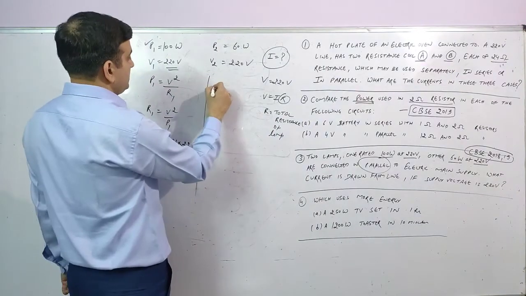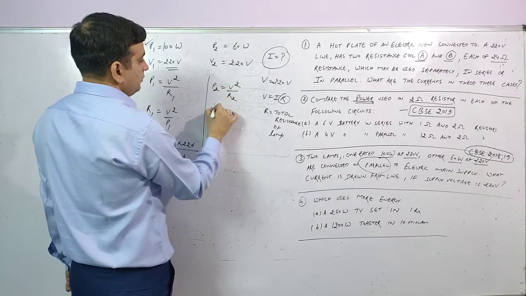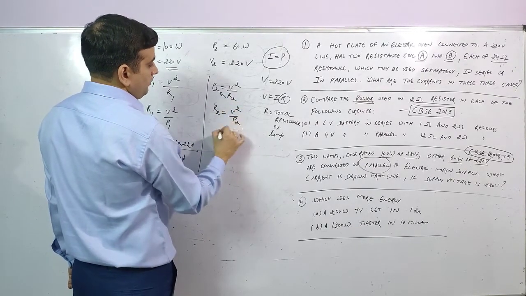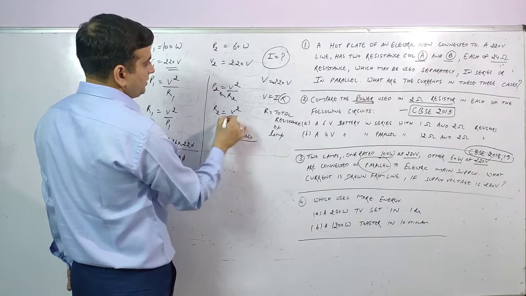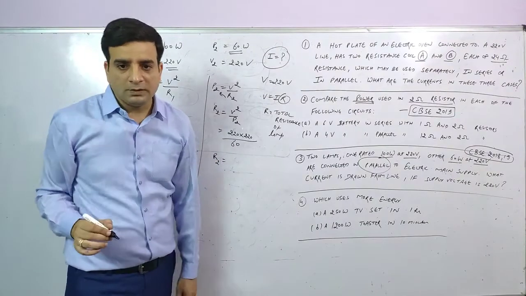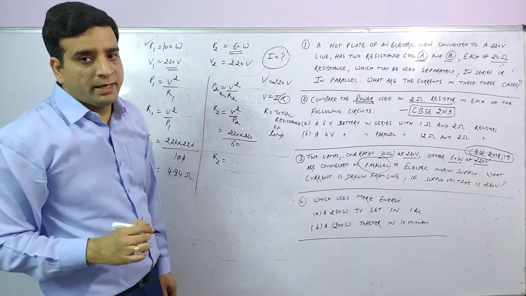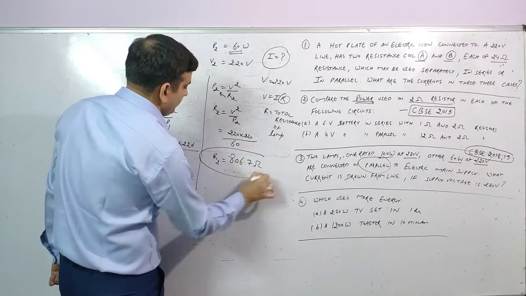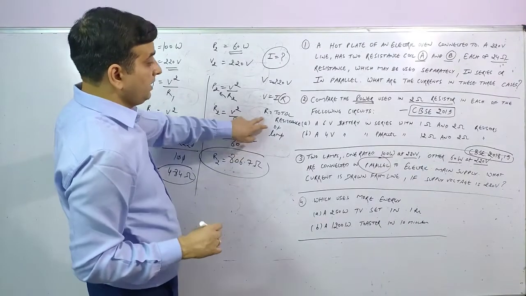Similarly, we can calculate for the second case. P2 is equal to V square by R2. So if we bring R2 to the top, R2 is equal to V square by P2. What is V? Same, 220 into 220. What is the power of the second one given? 60. So the second resistance you can calculate is 220 into 220 by 60. After solving you will get 806.7 ohm. So now we have both the values R1 and R2, but here what do we need?